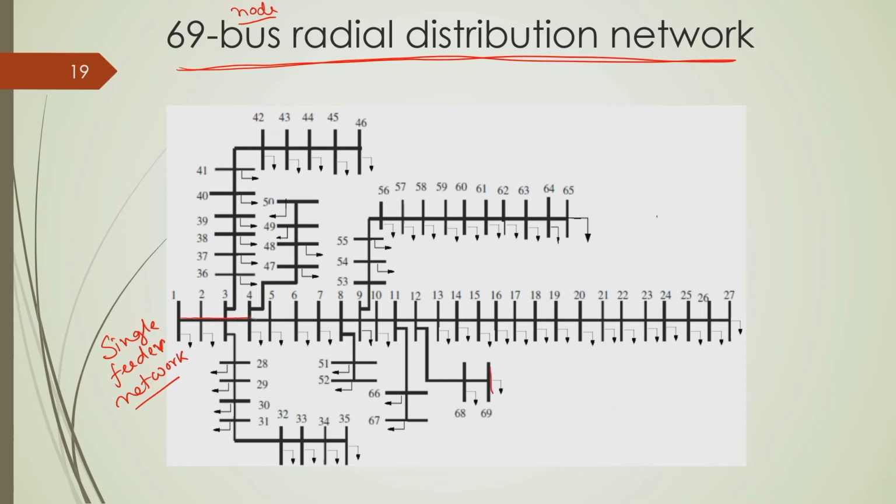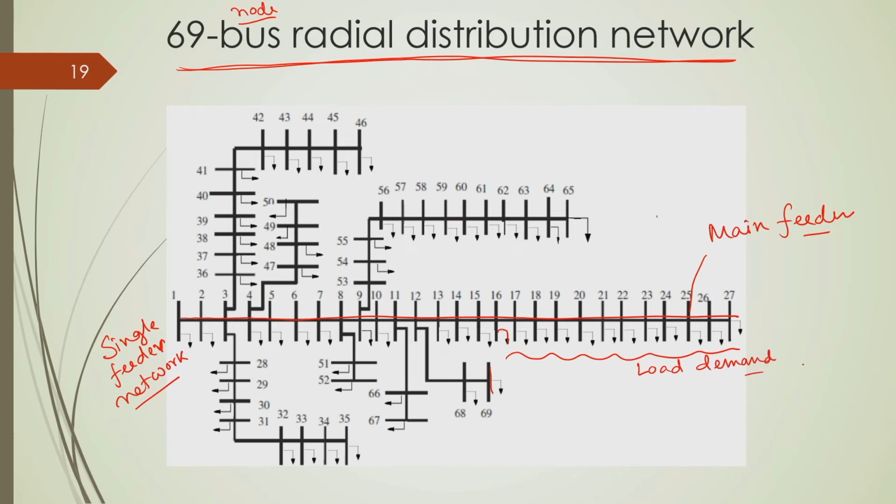This is the main feeder, and these arrows, you can see all these nodes are associated with some arrow, are representing the load demand